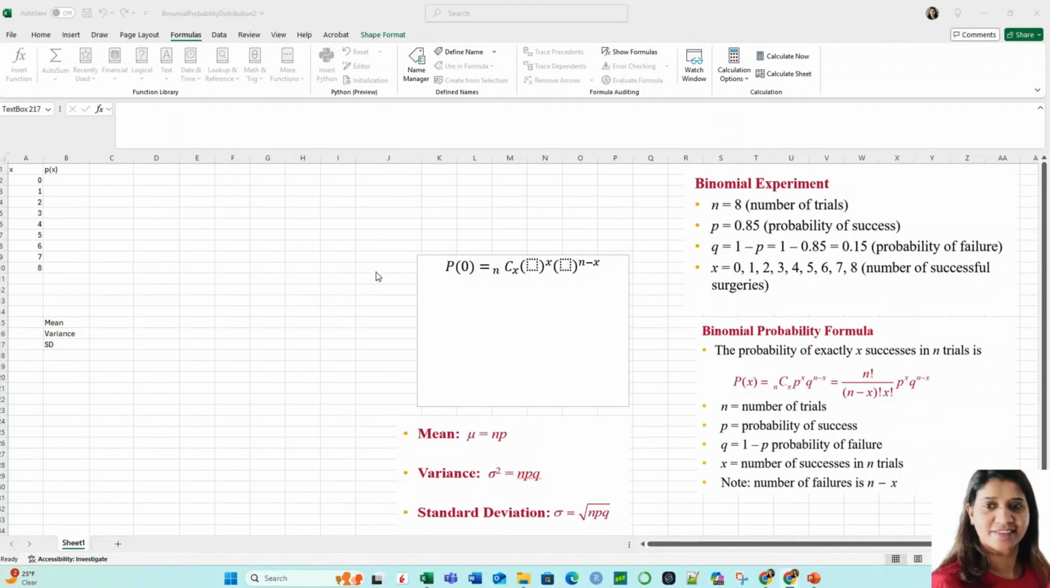Now we are going to calculate the binomial probabilities. In order to do that, I will create 2 columns, x and probability of x. So x means our random variable values, 0 to 8. I type here 0 to 8. Then in order to find the probabilities for each of the x values,